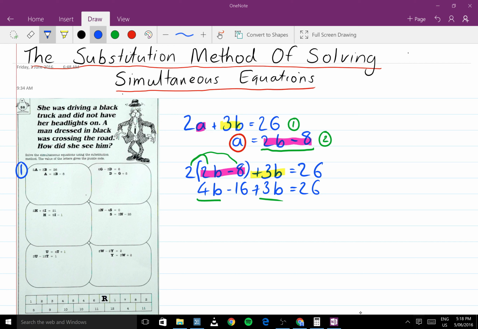So I'm going to end up with 7b from the 4b and the 3b, take away 16, the bit left over after I've added the b's together, equals 26. Now to make this a little bit clearer, I can add 16 to both sides to cancel it out, get rid of that 16, and I end up with